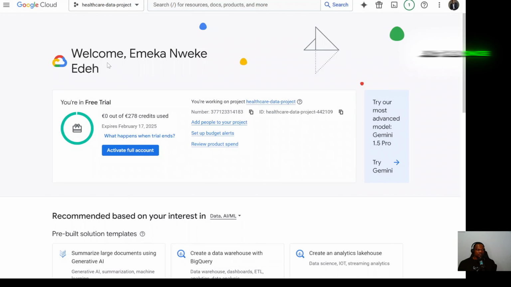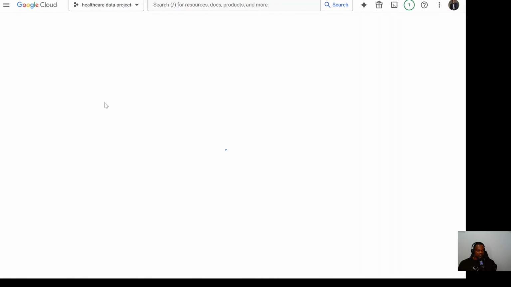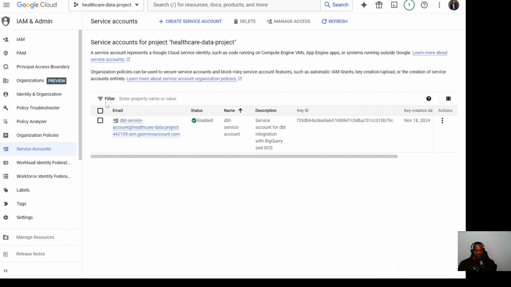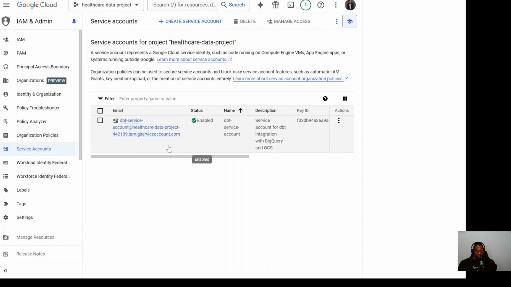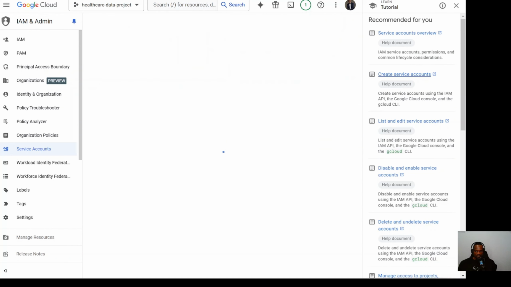And then once you have created a project and you are within your project directory, you go to IAM and admin, and then go to service accounts. Click on it. Here I already have one account, but you can create one for demonstration purposes. You go to create account,